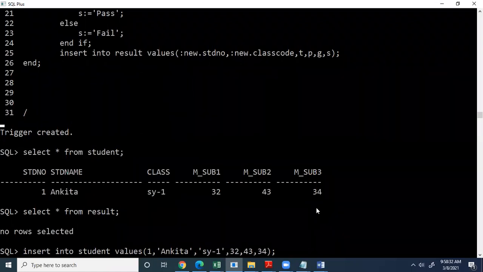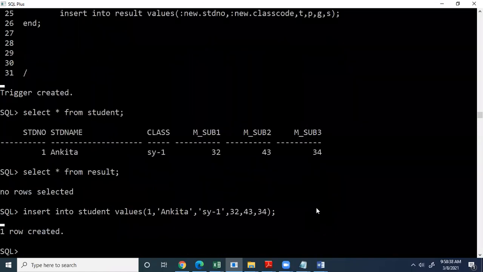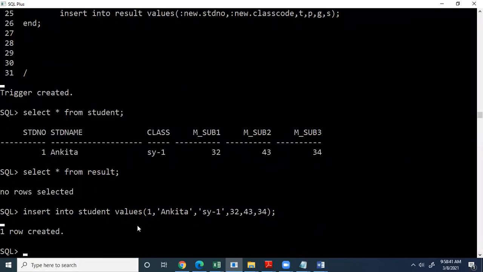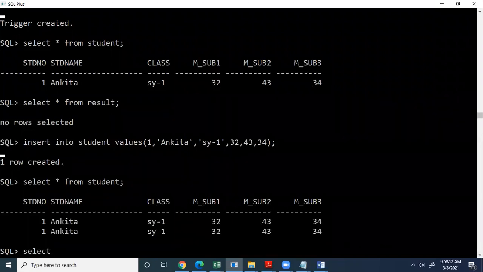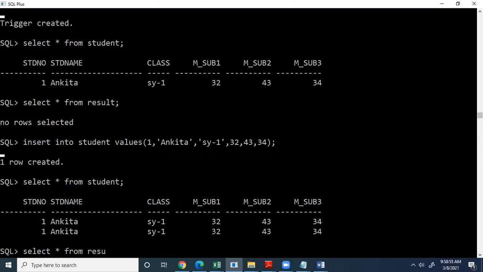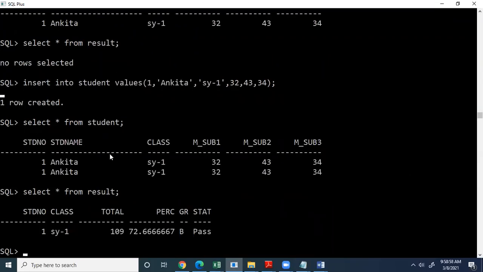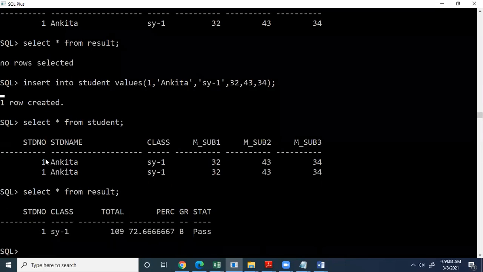Okay, so 1 minute, there is no primary key, so it will get inserted. So it is showing one record inserted into student table. Let's see which are the records in student. So there are two records, right? We have inserted that record first. Now there should be one record in result table. Okay, so as you can see, this is calculated automatically. Fine. And roll number 1, SY1 is inserted into result along with her total marks, percentage, grade